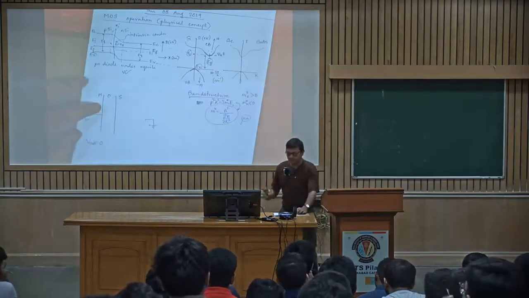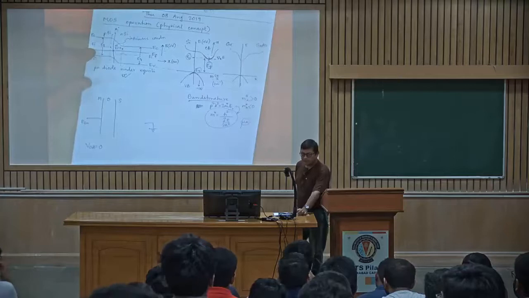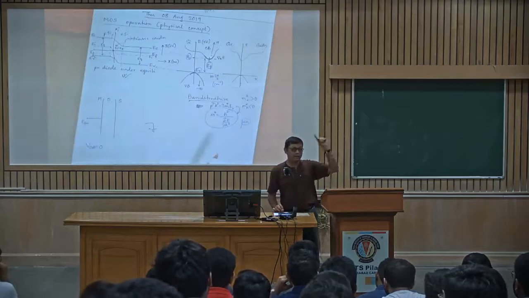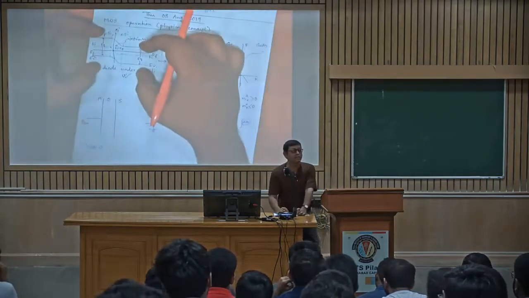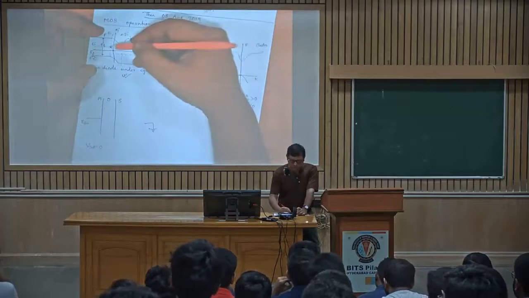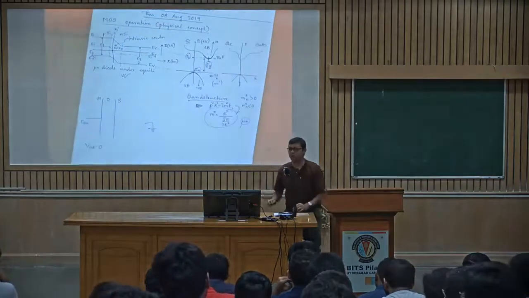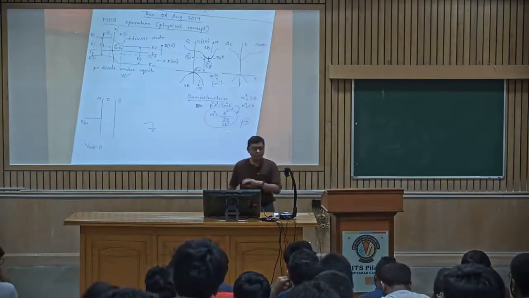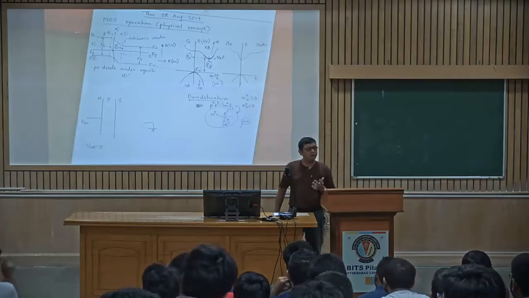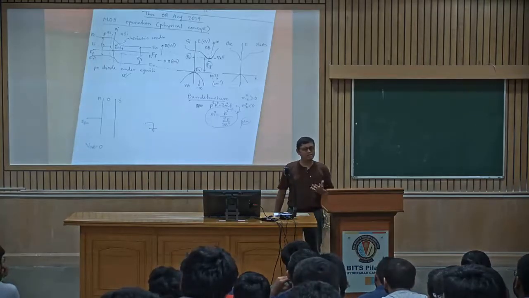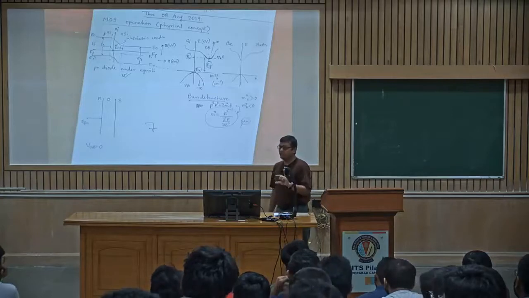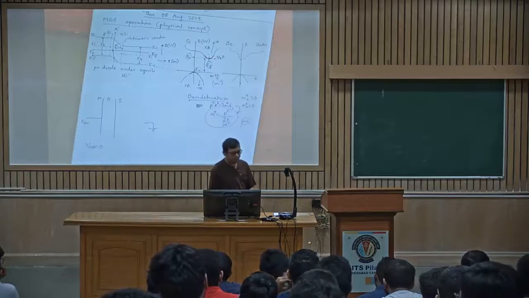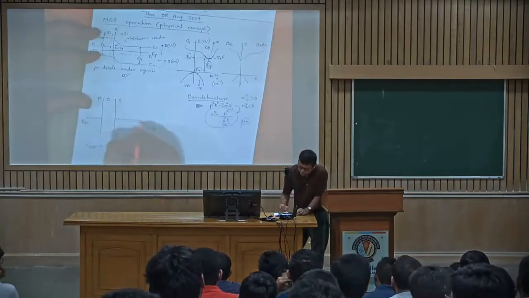PN junction, on the other hand, that's the reason why I even drew this. The condition that EF remains constant all throughout is valid only under equilibrium. The moment you apply certain voltages, what will happen? This is going to shift. EF changes. That's why you call it the quasi Fermi level, within quotations. But here, there is no concept of quasi. It will always be in equilibrium. A capacitance is always under equilibrium if you are putting a constant DC bias. So EF will remain constant.